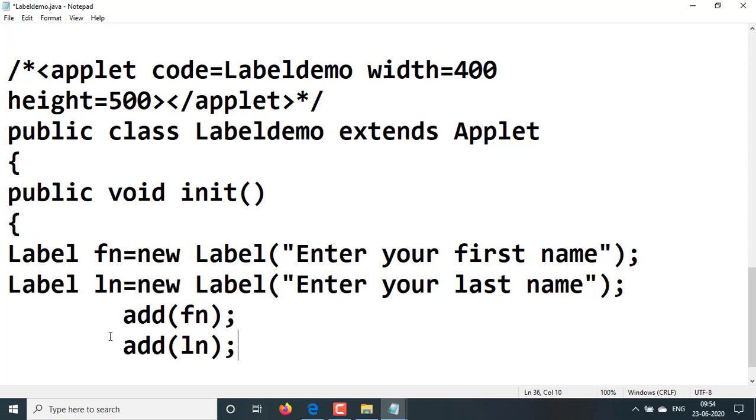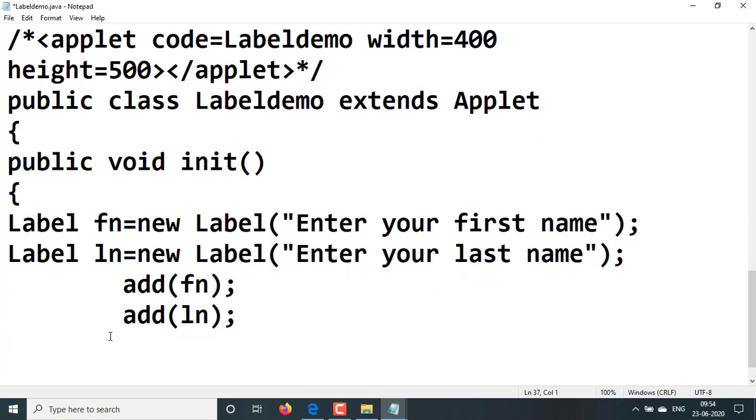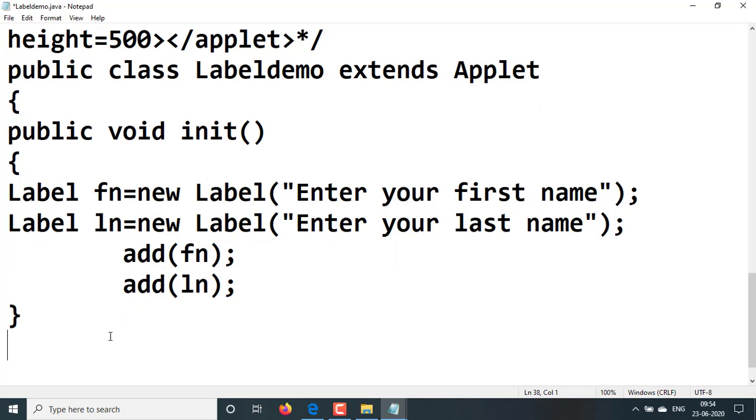Here we do not require the paint method, but we can take that also. Close the init method. Next we can write public void paint method, public void paint into bracket.